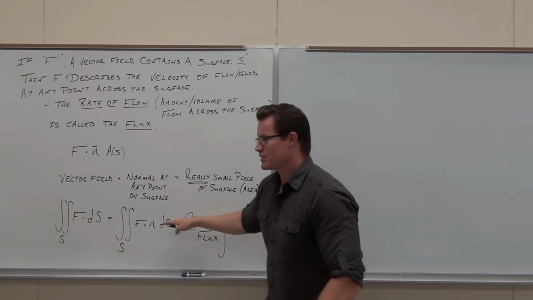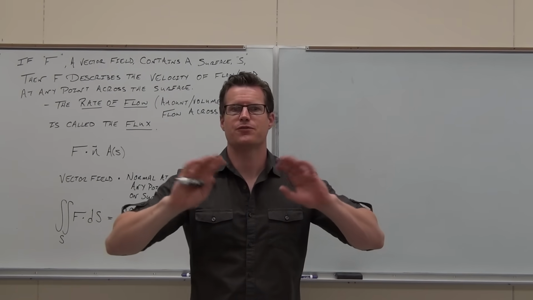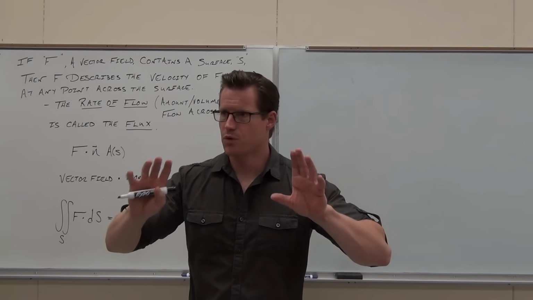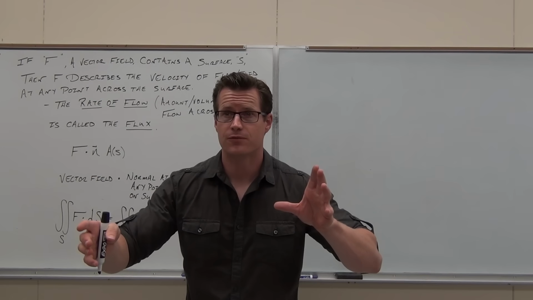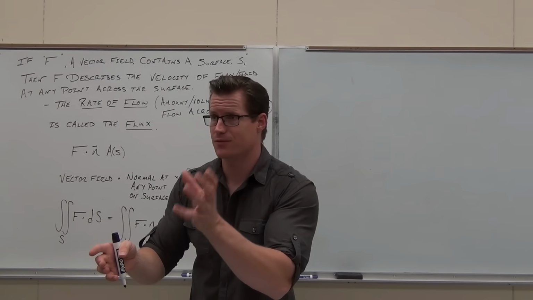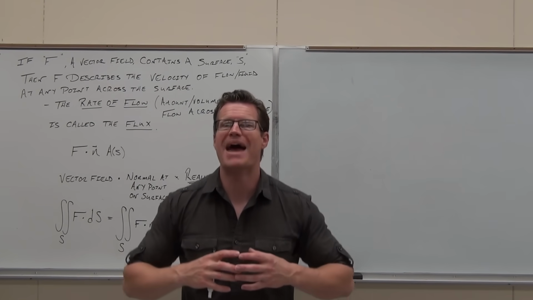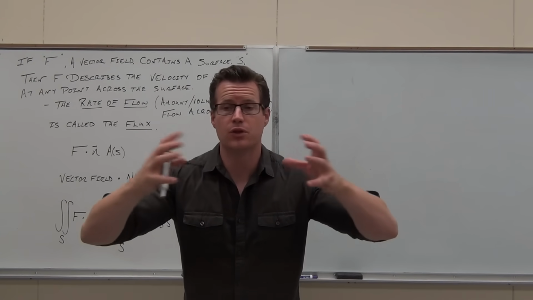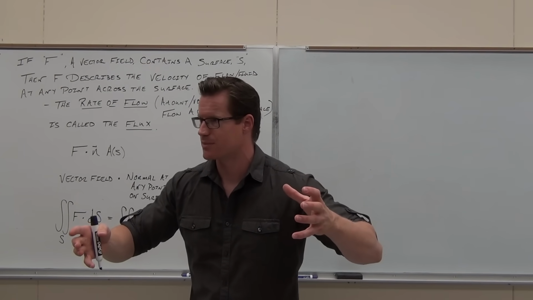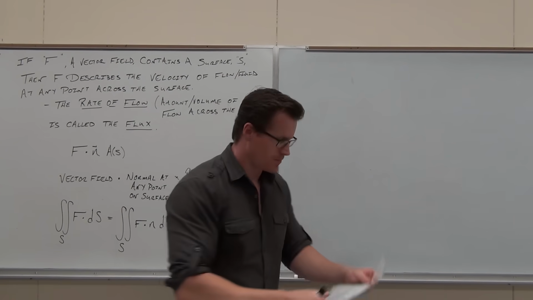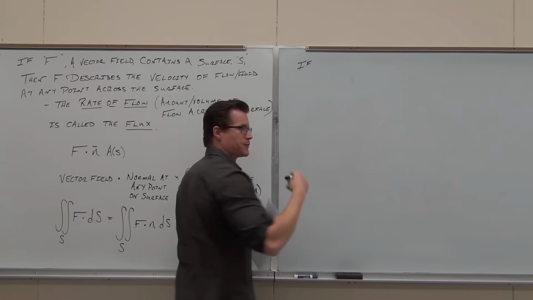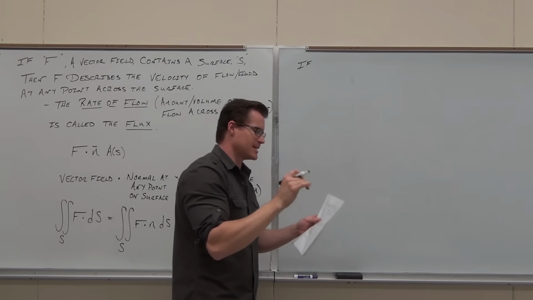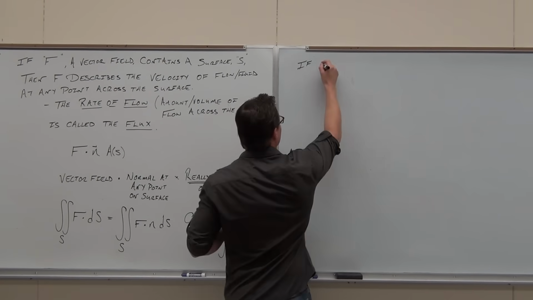This right here is just giving us the amount of flow through a surface, across a surface. Does that make sense to you? What if that flow has a mass density function? Then it would give us the mass of the fluid crossing that surface. So if the fluid or the flow has a mass density at a given point,